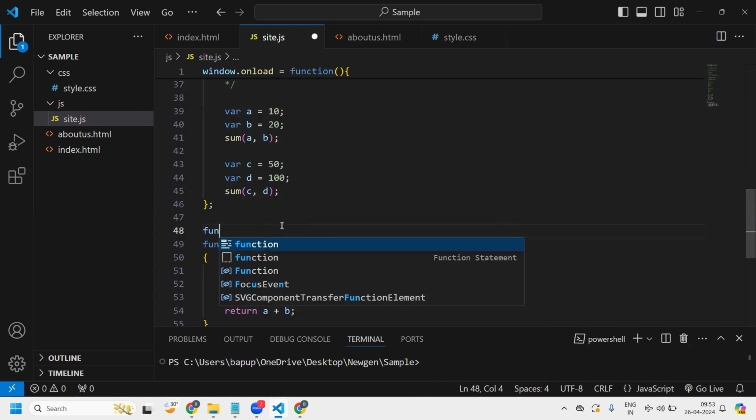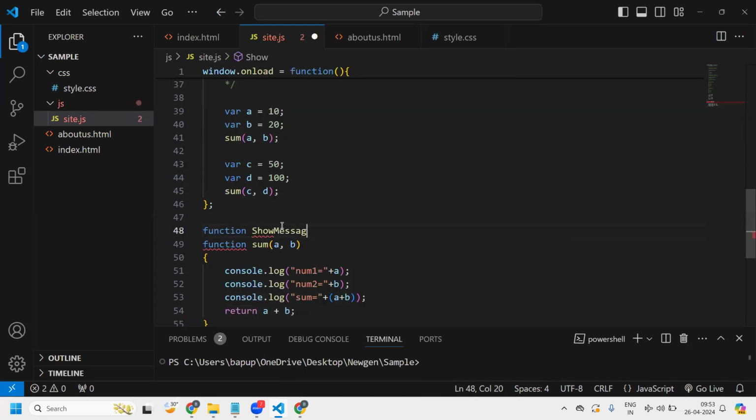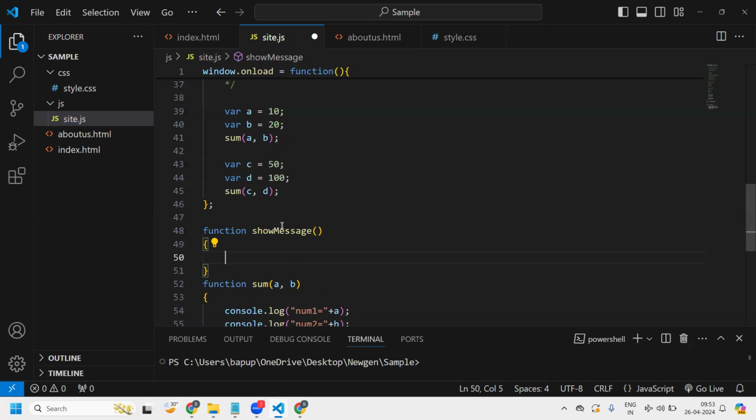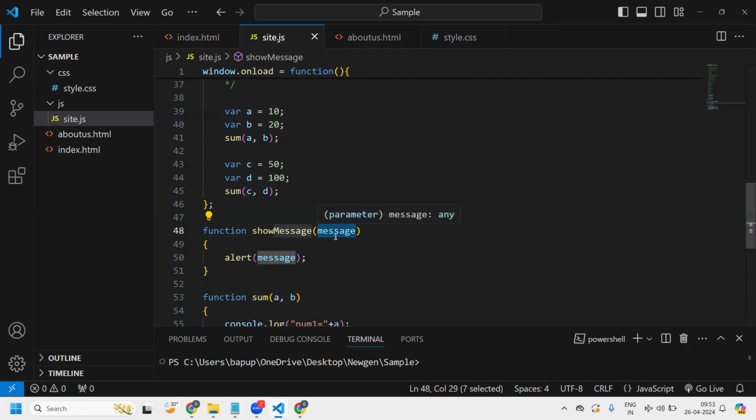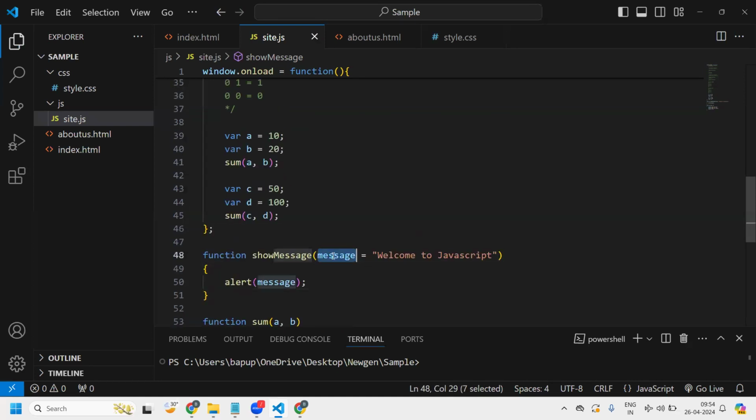एक फंक्शन है मेरा, फंक्शन शो मैसेज. ये क्या करता है, अगर किसी ने मैसेज भेजा तो वो मैसेज दिखाने का काम करता है। ये फंक्शन है, it will just display the message whatever you will send as a parameter. एक पैरामीटर है मैसेज नाम का, अगर अपने वो पैरामीटर में कुछ भी वैल्यू भेजा वो यहाँ पे वो प्रिंट करेगा। ऐसे भी हो सकता है कि आपने कुछ वैल्यू नहीं भेजा, तो in that case क्या डिस्प्ले होना चाहिए, वेलकम टू जावास्क्रिप्ट। ओके, ऐसा तो एक फंक्शन है, उसमें एक पैरामीटर है, उसको एक डिफॉल्ट वैल्यू है वेलकम टू जावास्क्रिप्ट।